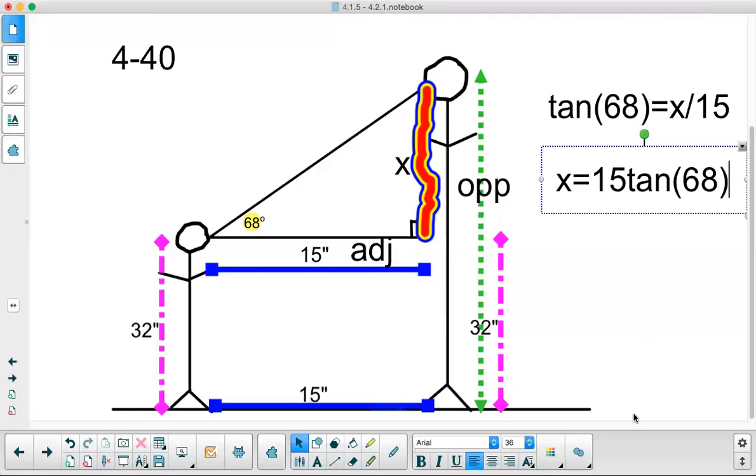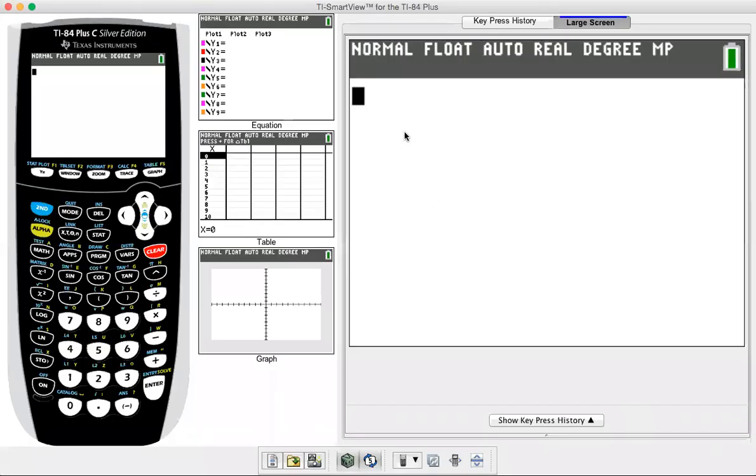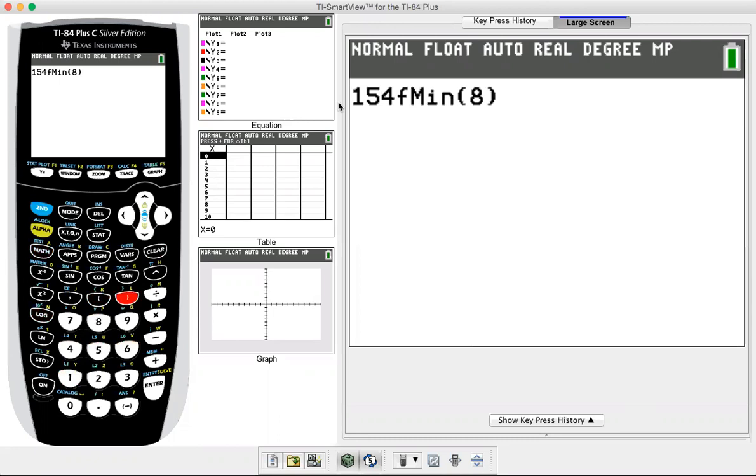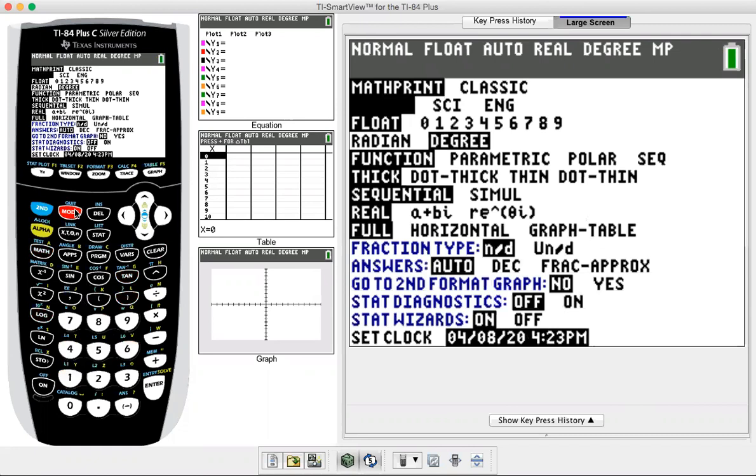So I want to do 15 tangent 68 degrees. Oops. Oh boy, I'm so sorry. Hold on. 15 tan 68. Now before I hit enter, I want to go to mode and I want to make sure that my